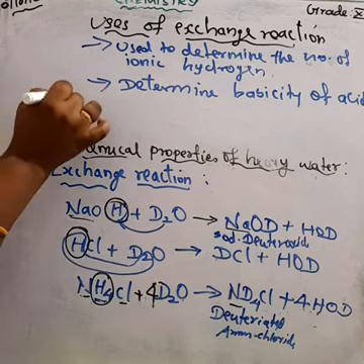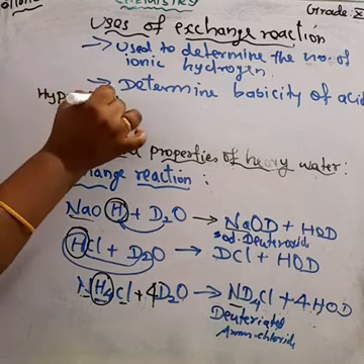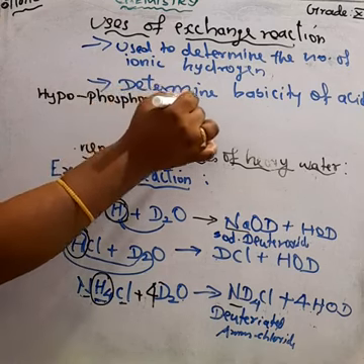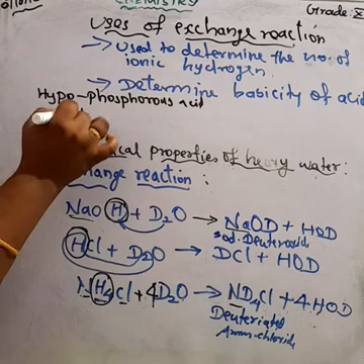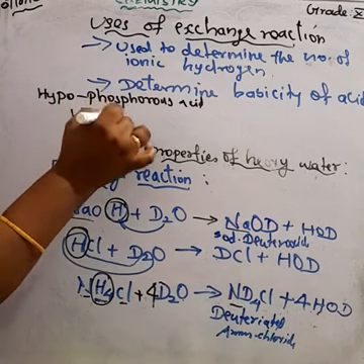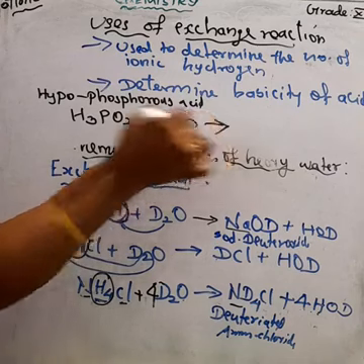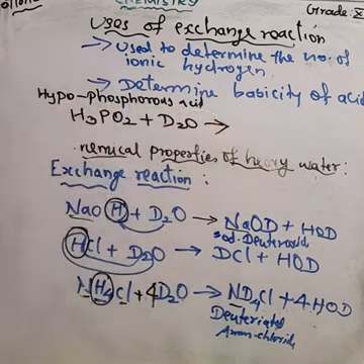What is the formula for hypophosphorus acid? H3PO2. Hypophosphorus acid, H3PO2, plus deuterium oxide, D2O. H3PO2, that is called hypophosphorus acid. It is treated with D2O to form